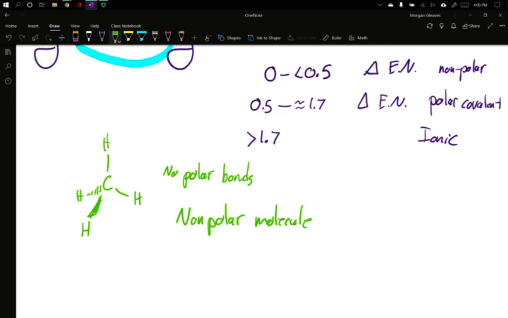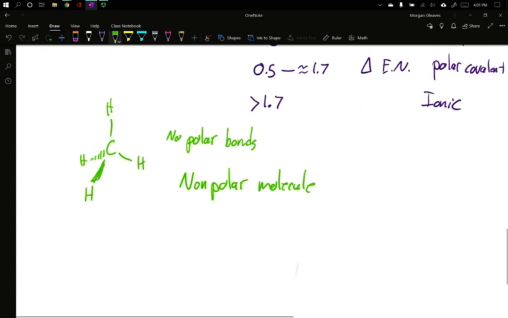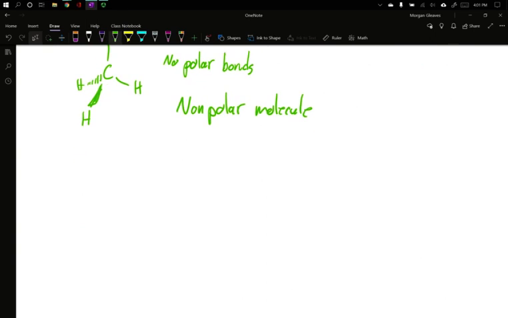Now you notice there's two separate lines. There's a difference between a bond on the molecule being polar and the total molecule being polar, which we will see. Let's dive down and look at